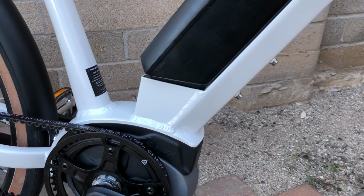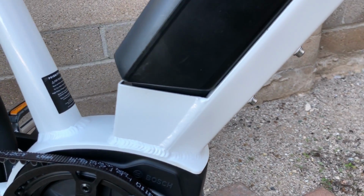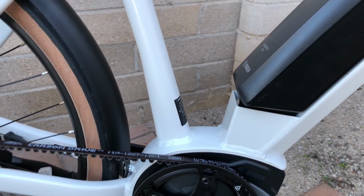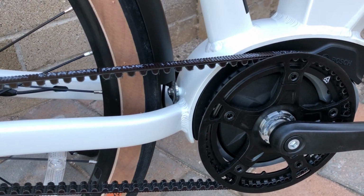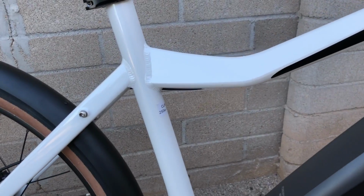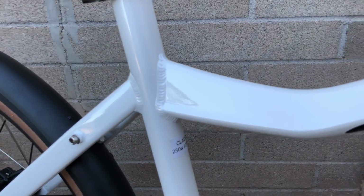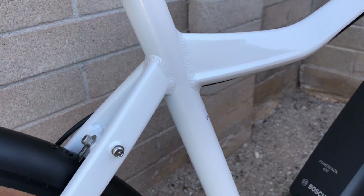And then the connection here at the motor mount, there's very large weld area there for the down tube to motor mount. Similarly with the seat tube, it's been enlarged as it gets to that motor mount location, and then the chainstays are rectangular. So overall, the connection at the motor itself is very solid, which is a nice feature. And then coming here to the top tube to seat tube intersection, kind of see how the top tube has somewhat of a triangular design to it, and then the seat stays are a rectangular section, so a lot of